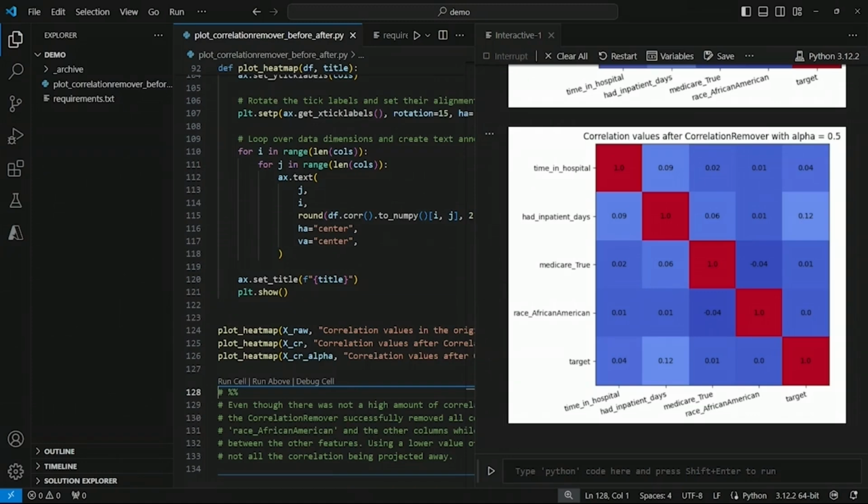Well, it's not always about correcting large, glaring biases, but ensuring the robustness and fairness of models by preemptively dealing with even slight correlations that could influence model outcomes in subtle ways. This approach is part of responsible AI practices, where tools are used to safeguard against potential ethical issues, ensuring that predictive models perform well across different demographics without perpetuating or creating bias.